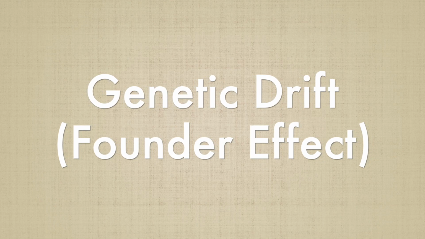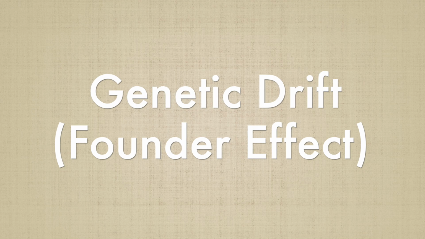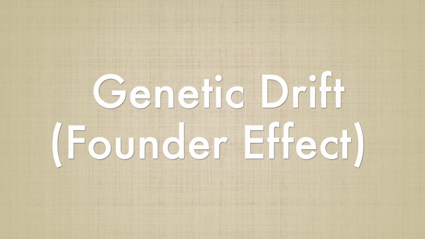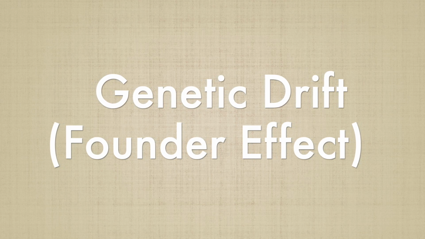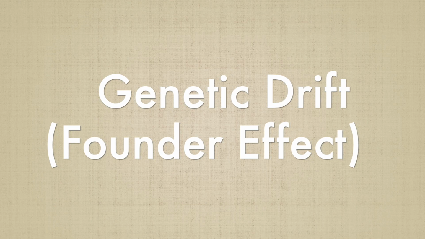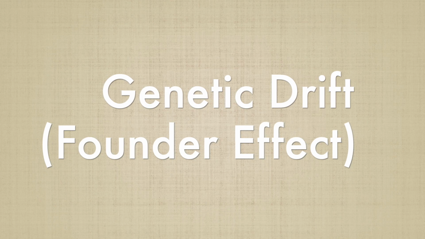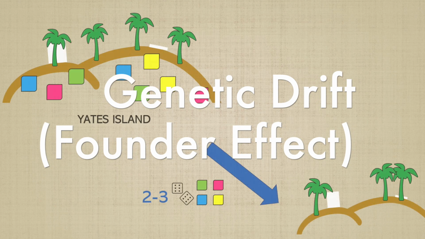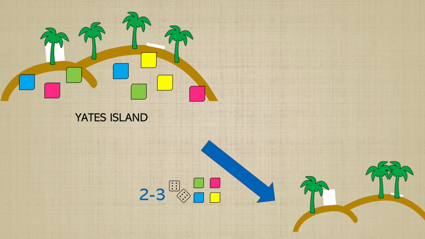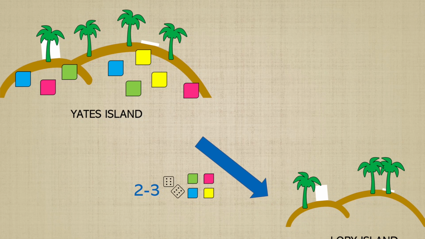So several sticky notes explore the sandbar looking for food and move to Laurie Island. When the tide shifts again, the sandbar disappears and the sticky notes are now trapped. The ones that moved are now trapped on Laurie Island, and the ones that were on Yates are still on Yates Island, okay? So to facilitate this scenario, go ahead and randomly move 2 to 3 sticky notes from